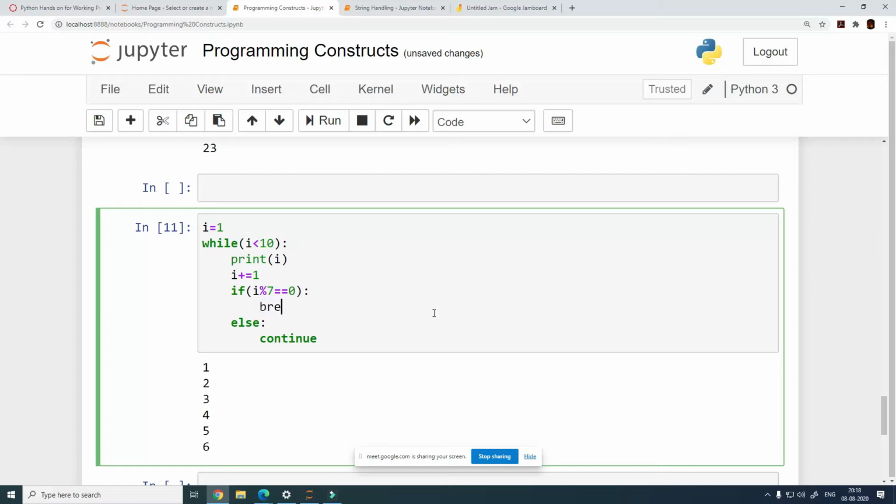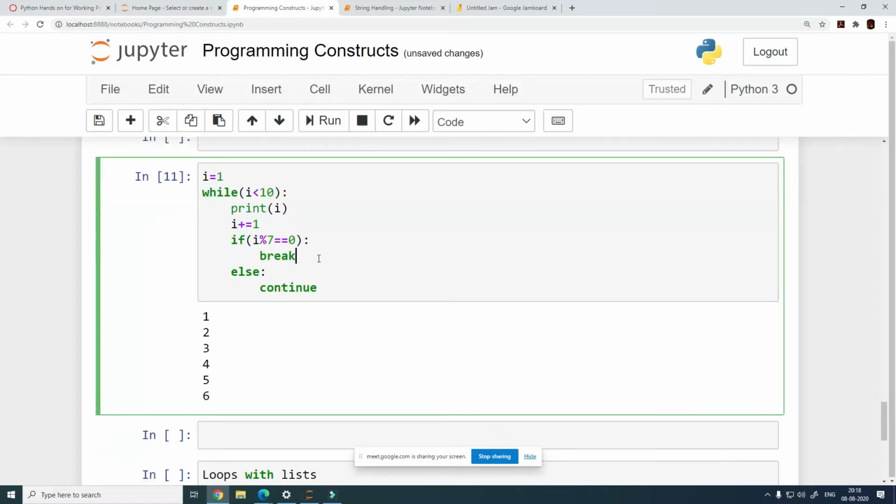So the statement which is supported here is a break statement, right? And last time around what we saw is that when we want to exit from the loop before the exit condition of the loop is met, we can use a break statement, right?